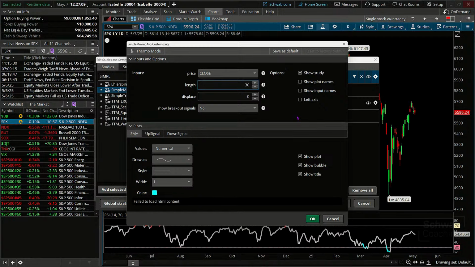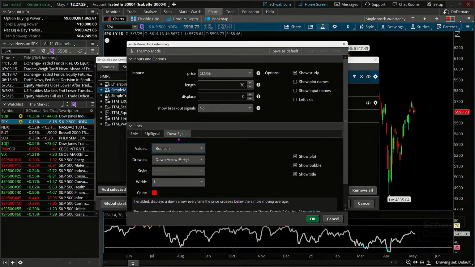And then down below, one of the things that I like to do to ensure that I've got a visual that I'm going to always catch, I increase the width, commonly to at least 3. It jumps off the screen a little easier on me. Now, one other note here is that you can place a signal on the chart, right?